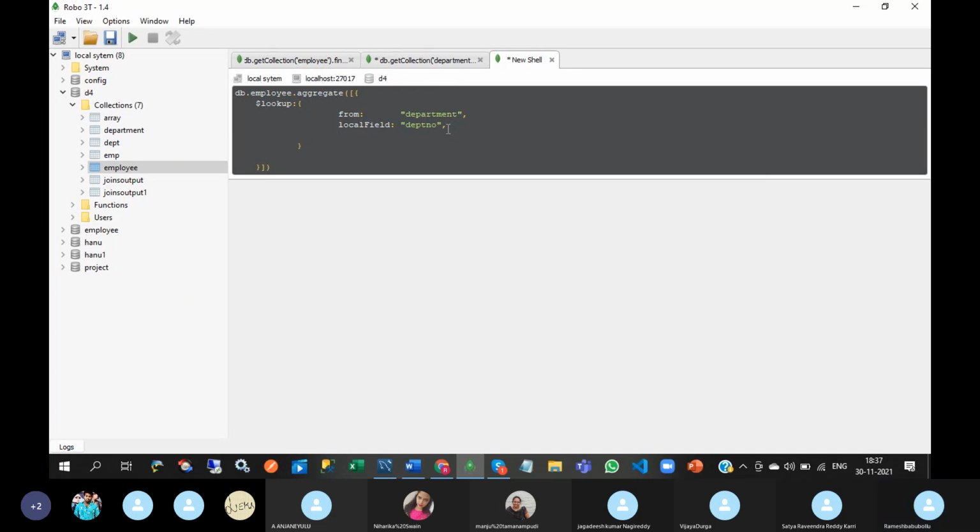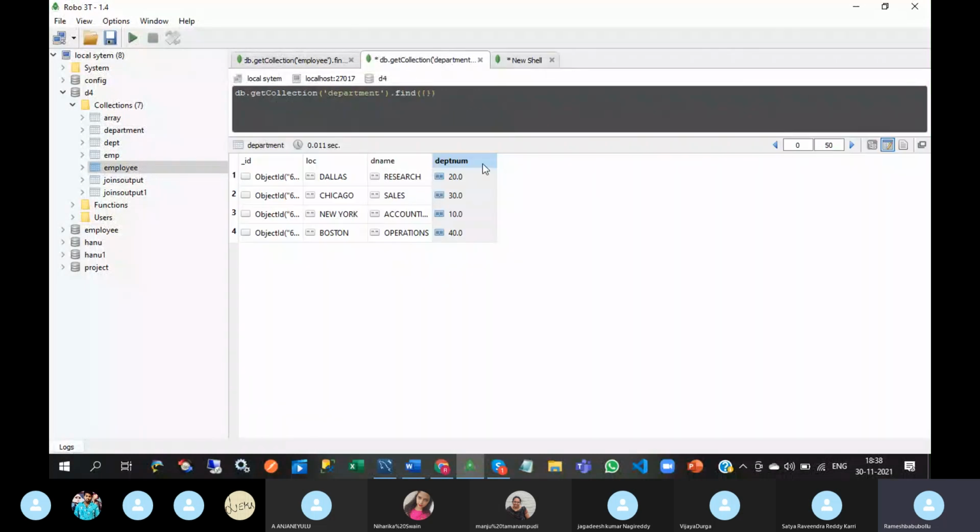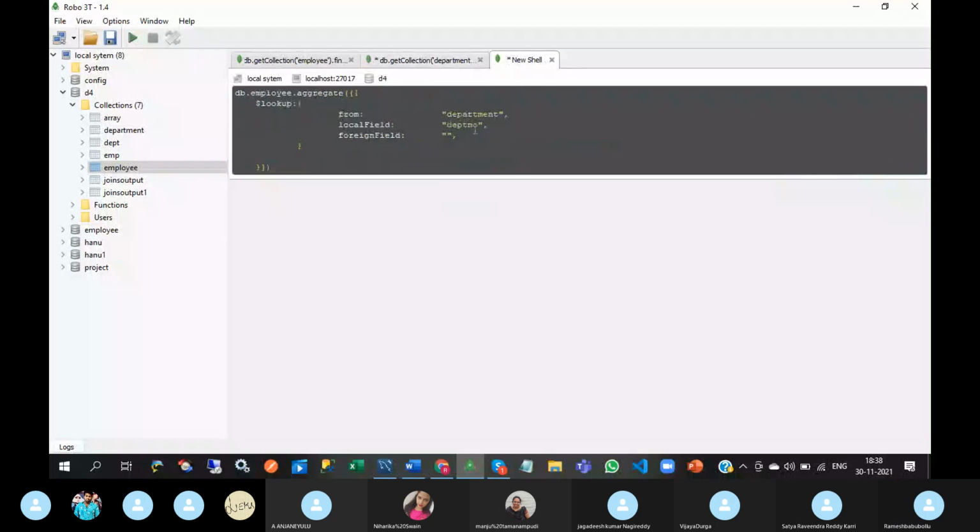Next, foreignField. Here you need to give the mapping column name which is available in the department collection. So what is the mapping column name? DEPT NUM.